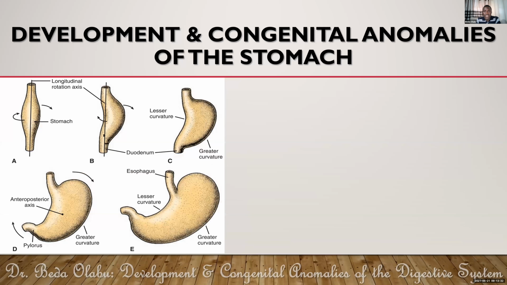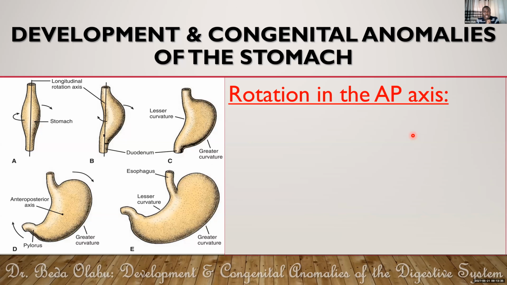All right, let's talk about rotation in the anteroposterior axis. Now we are looking at the images below. This is the axis. The stomach rotates in the anteroposterior axis about 60 to 70 degrees in the clockwise direction. So remember, if you can look at the video, this is the stomach. It curved, then rotated 90 degrees that way. Greater curvature to the left, lesser curvature to the right. Then the stomach rotates this way,